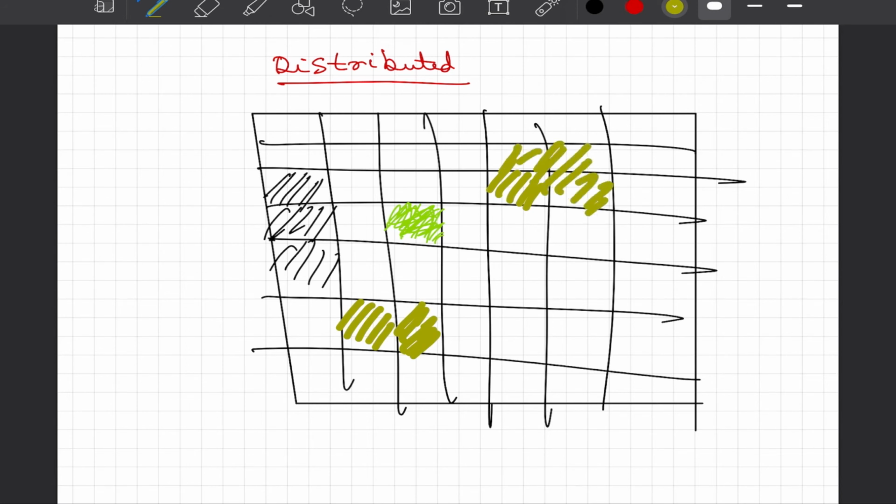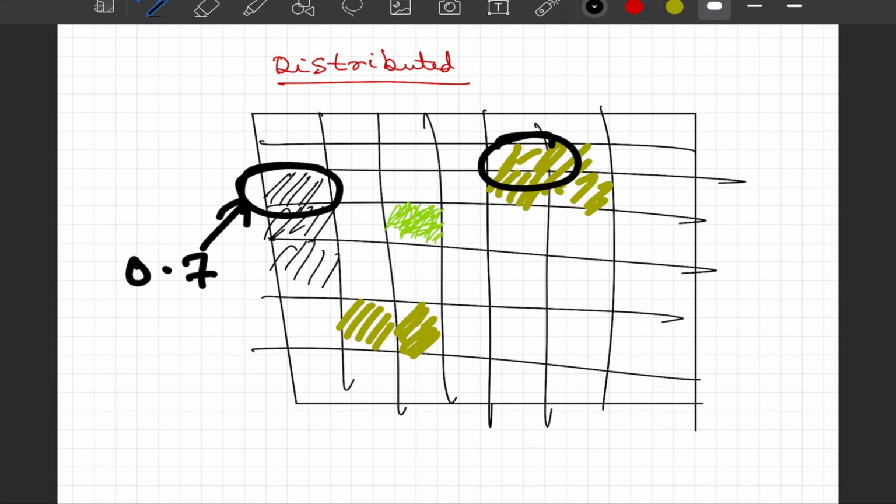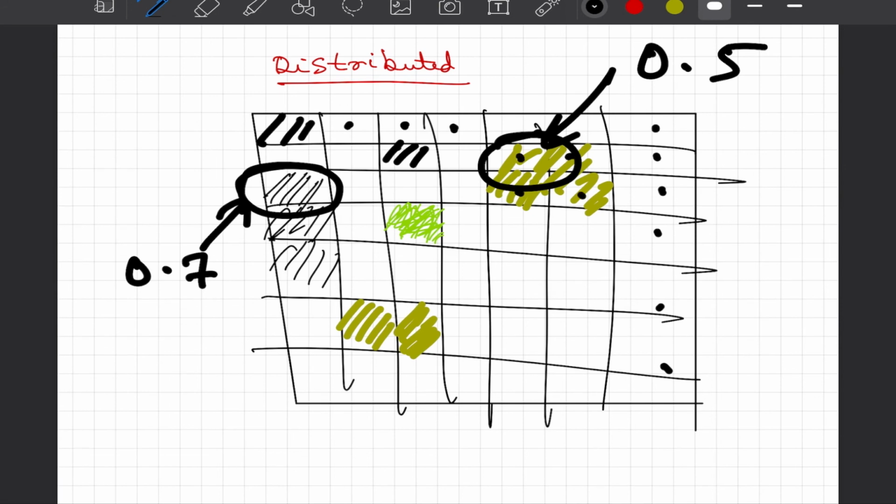Now you have basically decentralized the properties, and you will say that for concrete I will use a different coefficient, and we will talk about these parameters later on. But right now we are trying to identify at what scales we can do the modeling. And you will say that here, since we have a cover of grass as well as concrete, we will use a different measure. So with each grid point, you will associate a different parameter, and then you will also account for the precipitation discretely. That is, on a given day, it is possible that the academic area receives a different precipitation than the hostel area, and that would be accounted separately.